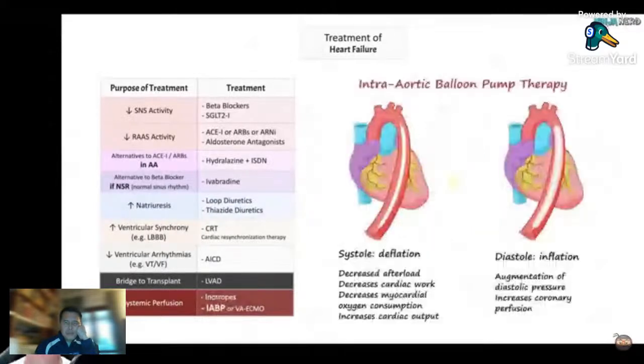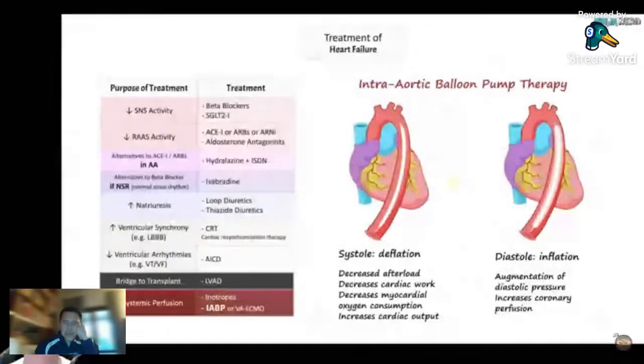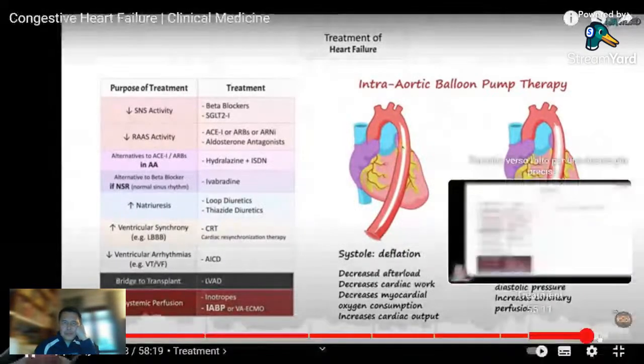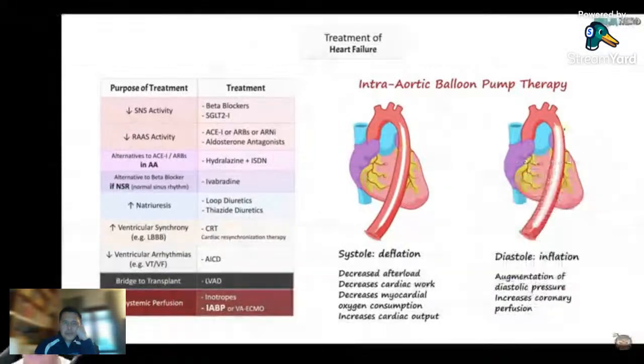If the patient is failing these inotropes and they're continuing to decompensate and show signs of potential failure, then we go to device therapy. And there's two ways that we go. An intra-aortic balloon pump has been shown to at least preserve coronary perfusion. So this sucker deflates during systole to get blood to go forward, and then it actually inflates during diastole. So here during diastole, it inflates, and it keeps the pressure here in the aorta really high. And what that does is, guess what comes right off of the aorta here? The coronary arteries. So if the pressure is high in the aorta during diastole, it's going to improve coronary perfusion and improve myocardial contractility. That's the benefit of this.